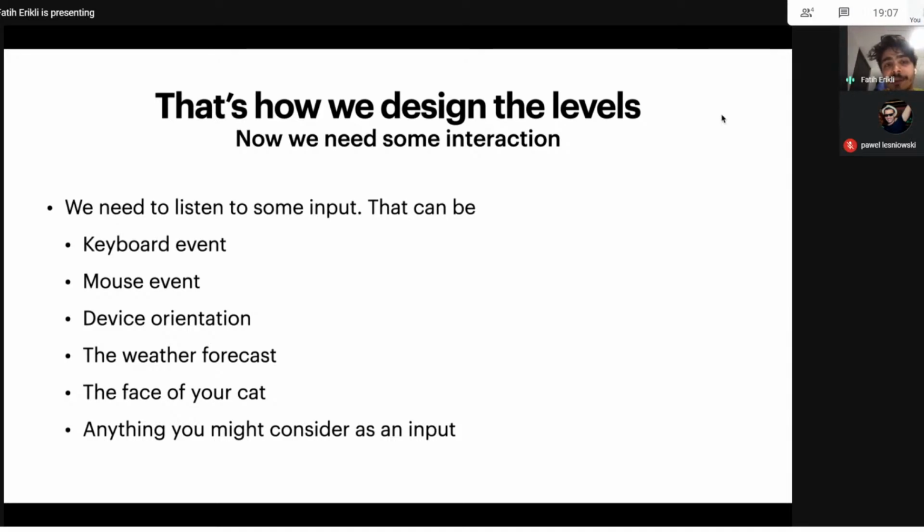We need to listen to some input. That input can be a keyboard event, a mouse event, or the device orientation, I mean, if the device is in portrait mode or landscape mode. The weather forecast, for instance: you can check the weather, and if it is rainy, the background image could be rainy or sunny as well, or